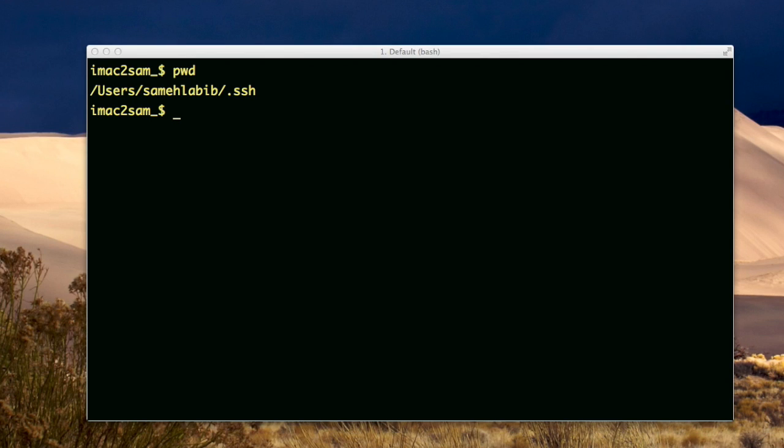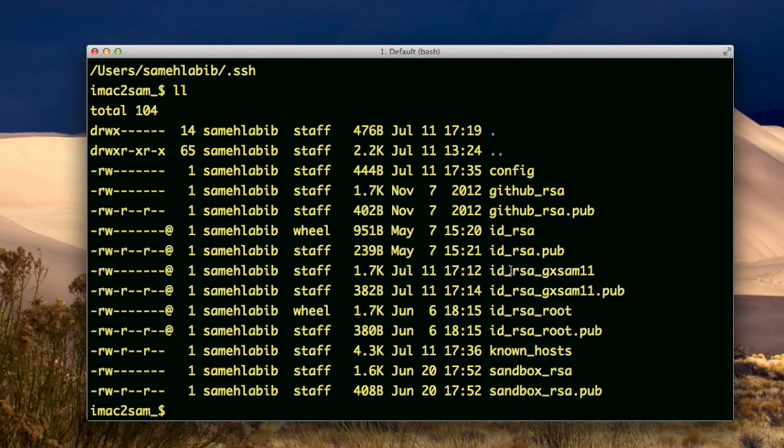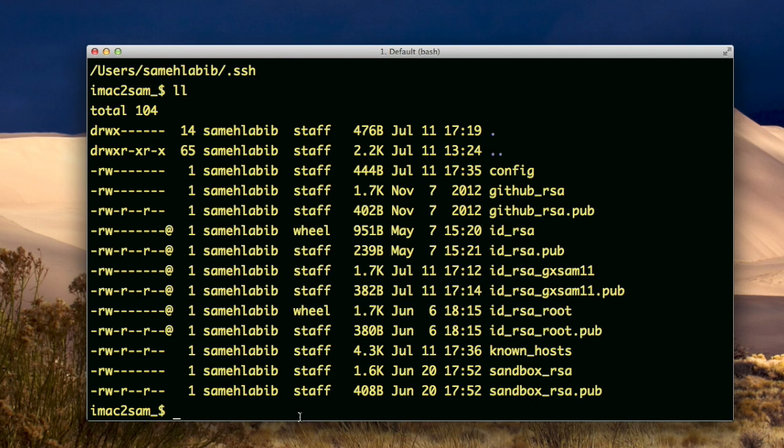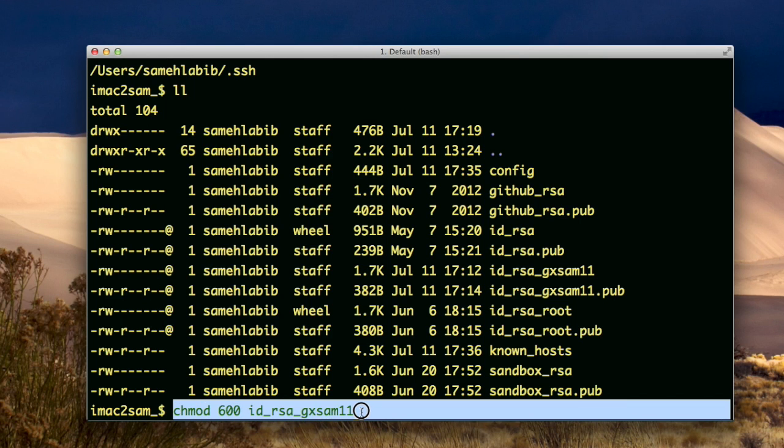Next, I put the two files I downloaded for the public and private key in the .ssh directory on my iMac. Here they are. I did a chmod 600 on this file, the private key. That way, when I run SSH, it won't complain that there's an insecure setting. That's the command I used, chmod 600